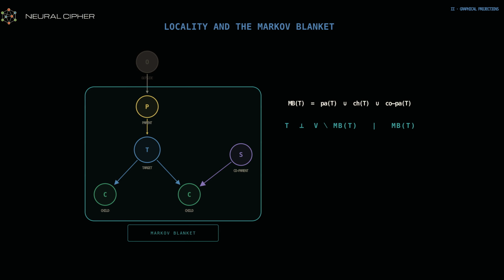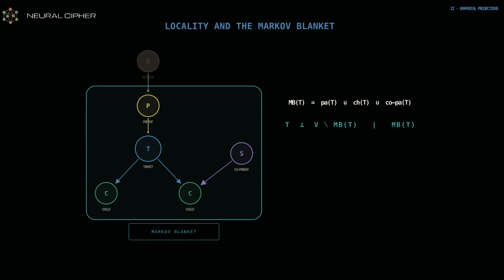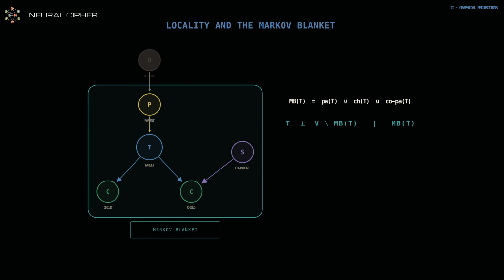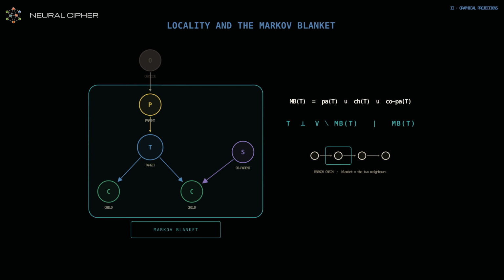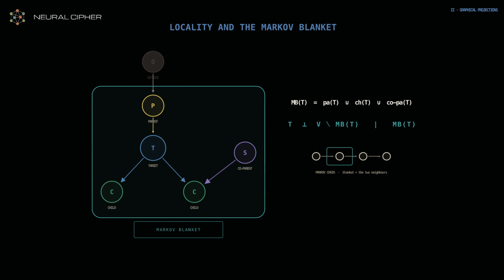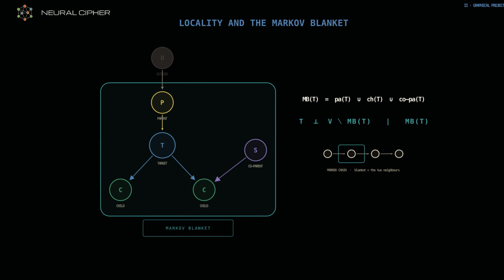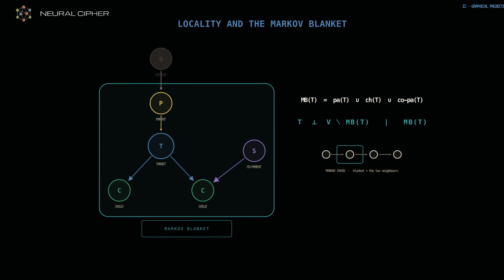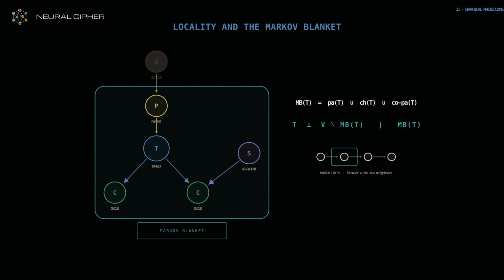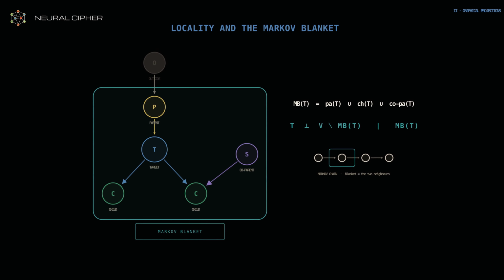Conditioned on its blanket, the variable is independent of the entire rest of the system, and nothing outside the blanket carries additional information about it. A Markov chain is the simplest case, in which each variable is shielded by its immediate predecessor and successor alone. The blanket therefore marks the exact locality of a mechanism, the smallest set a sufficient predictor of the variable then requires, and the point at which the remaining graph becomes